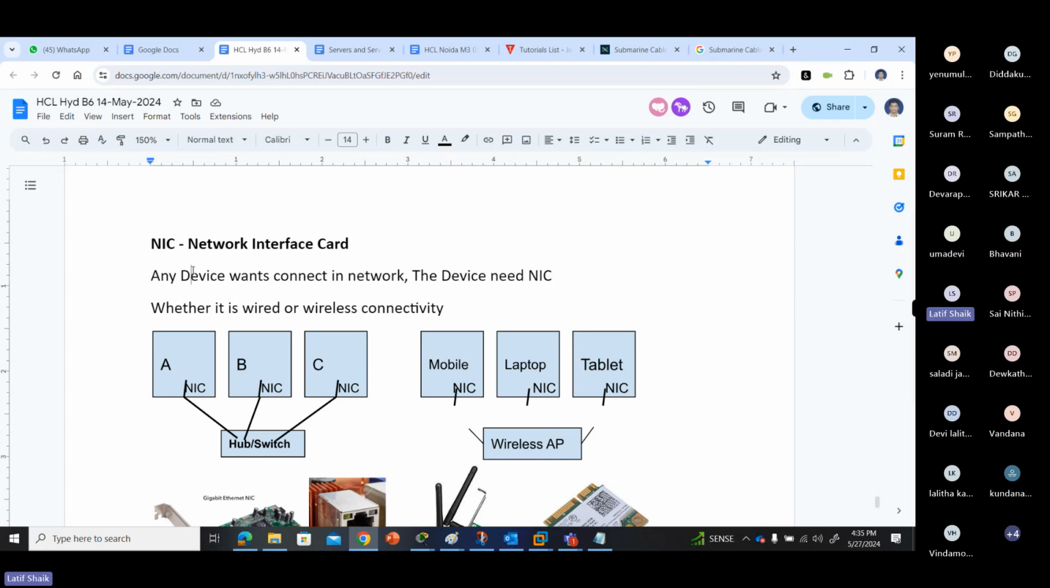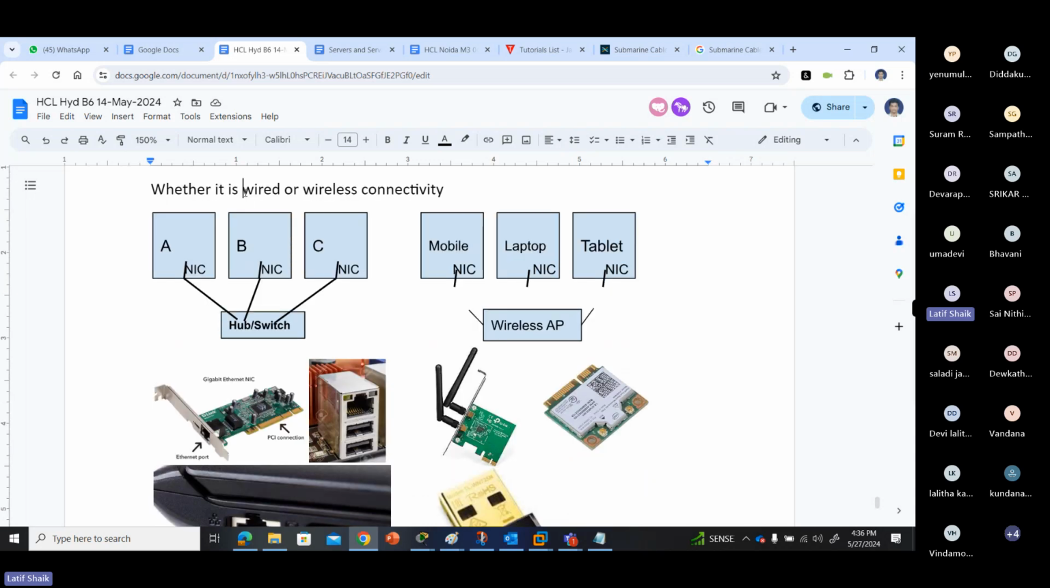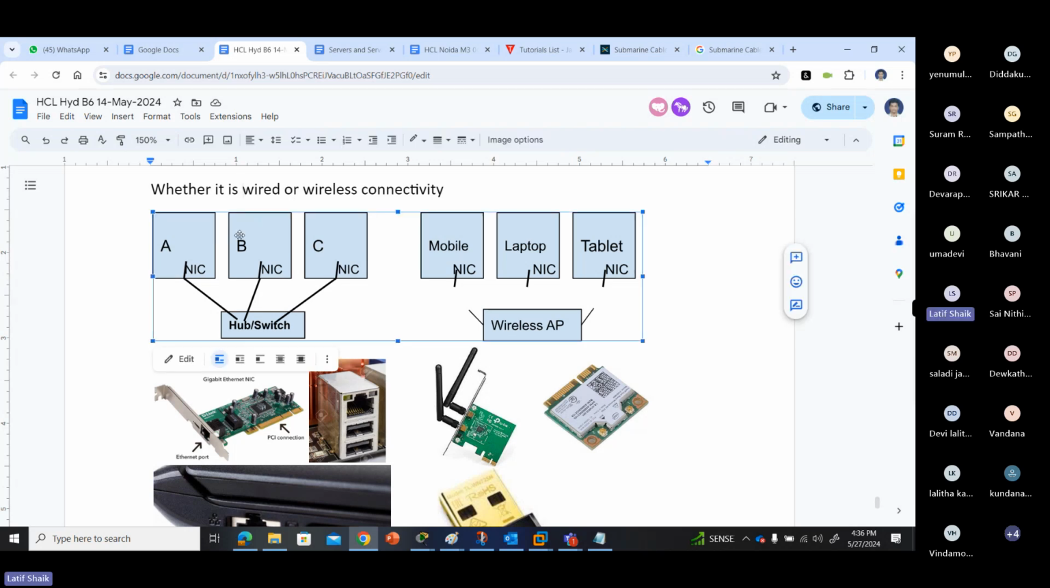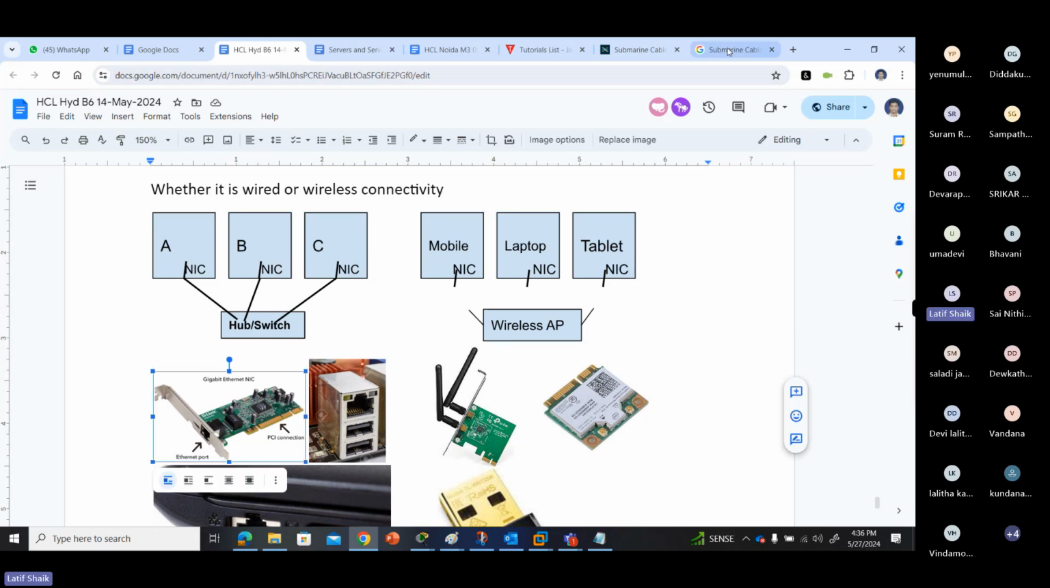The NIC can be built inside already, or we can attach an NIC to the device so then we can connect it, whether it is wired type of connectivity or wireless type of connectivity. See, the first one is wired type of connectivity. You take a system, for example,